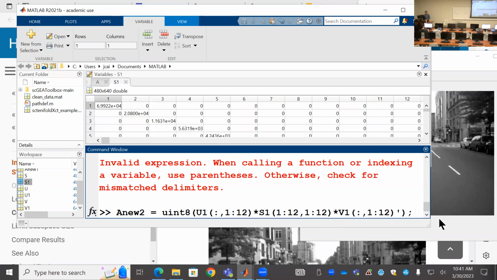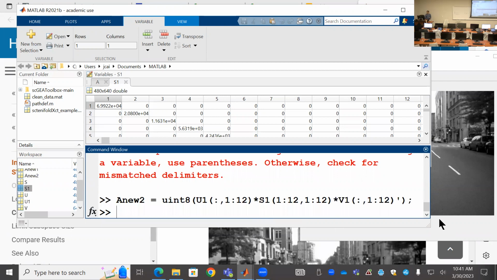I think that's a problem. Okay, so this should work. Let's give you some time to type this in. So remember, and then I can look at